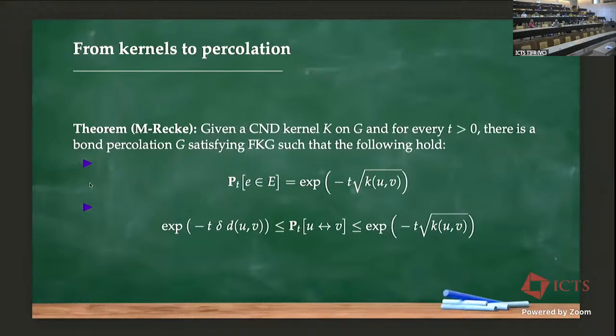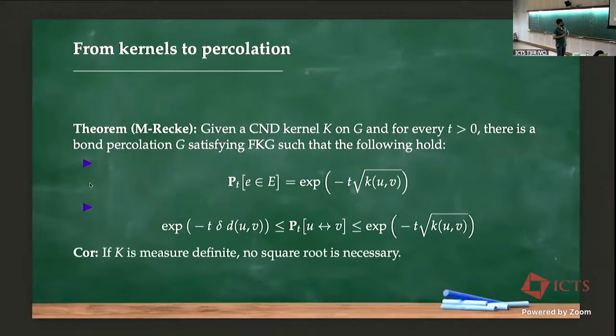Actually, it's not very difficult to see that, I was telling you that I was working with a kernel here, so there was a necessity to take a square root. But if I had a nicer kernel, then essentially exactly the same construction will work, except that you will not need a square. It will just be